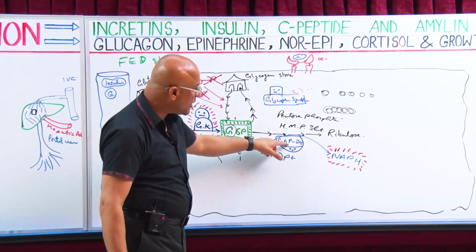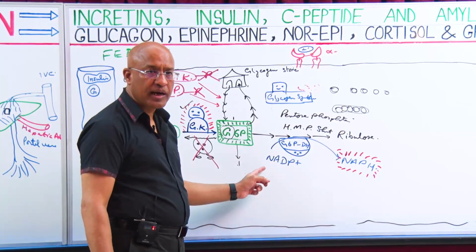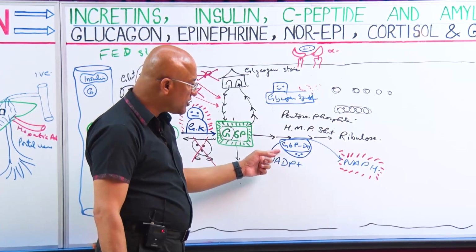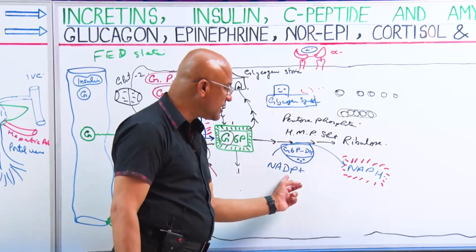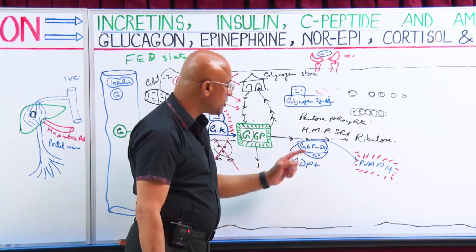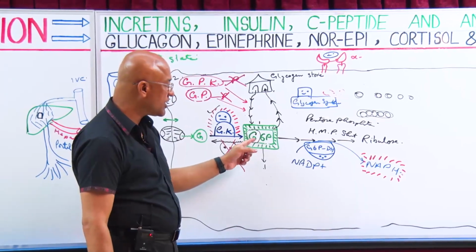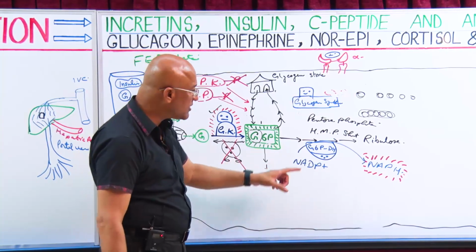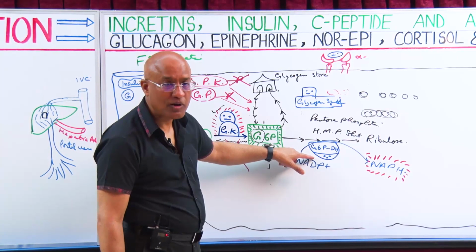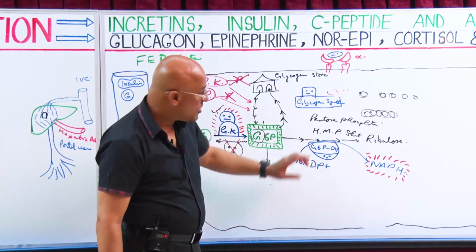Glucose 6-phosphate dehydrogenase is allosterically regulated by NADP. The more NADP binds with this enzyme, the more it becomes active and converts NADP into NADPH. Secondly, glucose 6-phosphate dehydrogenase is also allosterically stimulated by its substrate, glucose 6-phosphate. So this enzyme is regulated by allosteric mechanisms, not by covalent mechanisms like phosphorylation and dephosphorylation. Am I clear?